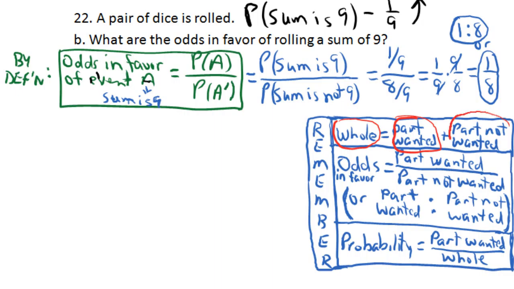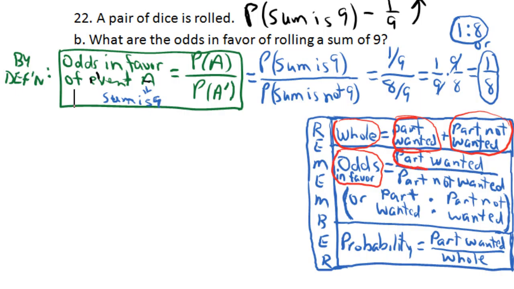plus the part you don't want, and that would be the rest of them. So you can always partition the whole sample space into the part of the sample space that you're looking for, the part, what I call the part wanted, and the part you don't want, which is just the rest. If you think of it that way, you can define the odds in favor of an event as being